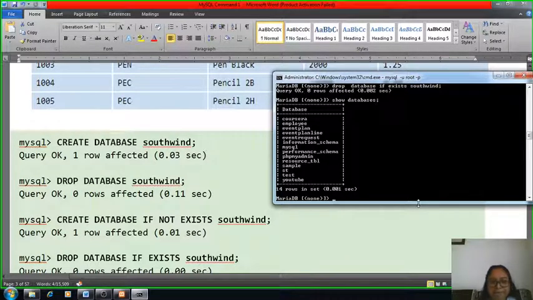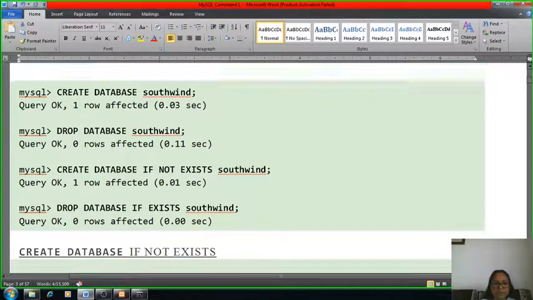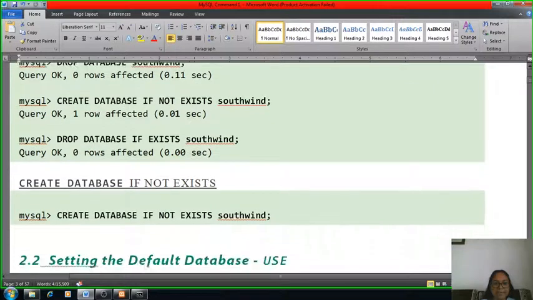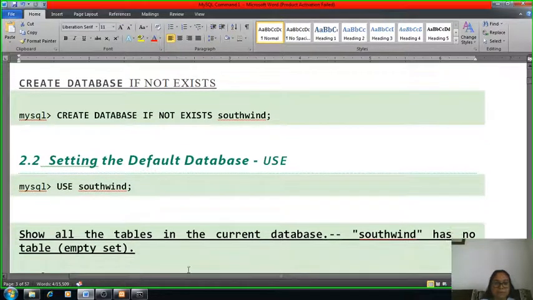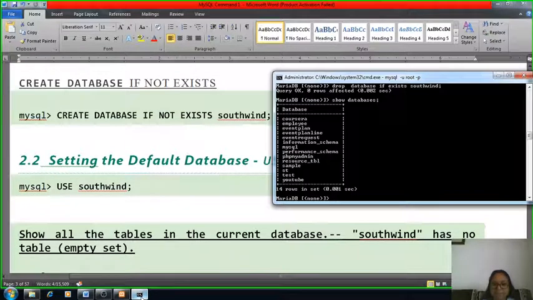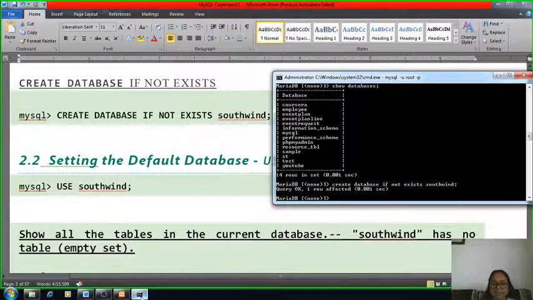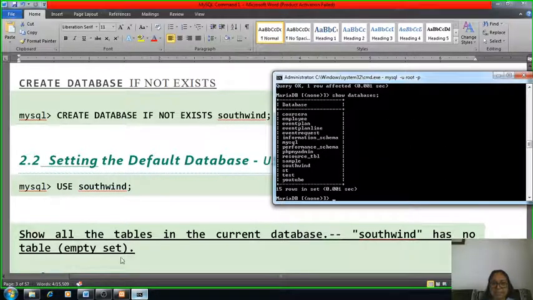So this way we can check whether the database exists or not, and we can create the database as well as delete the database. So this is creating the database. So again we will delete it, then we will create a database if not exists, created, show the databases, now it is created.